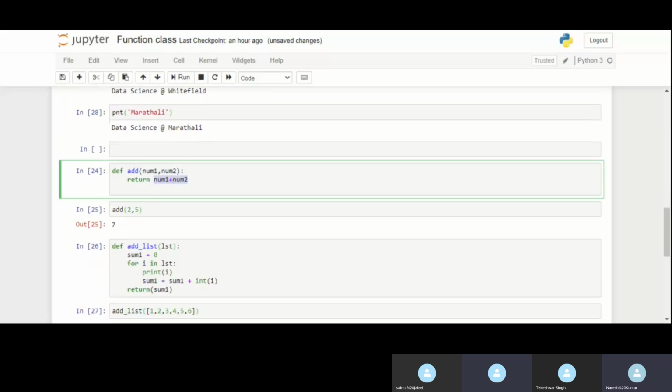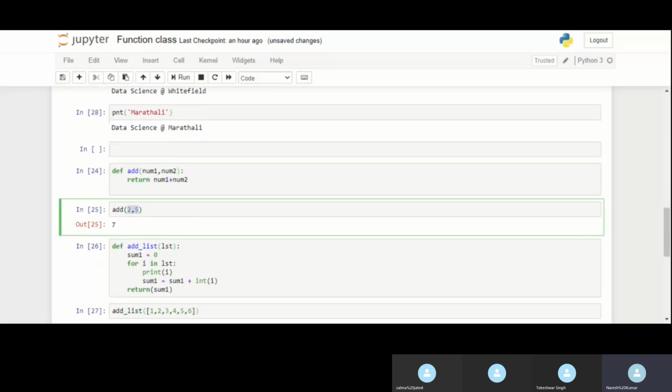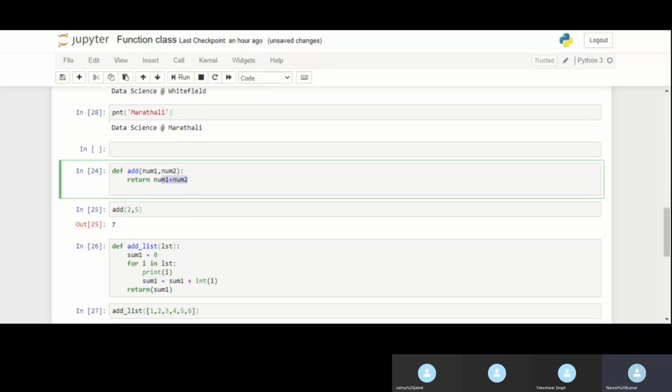It returns me the addition of these 2 parameters, whatever is passed. I am calling this function add and passing 2 numbers here, 2 and 5. This will add these 2 numbers and return me the total, right?